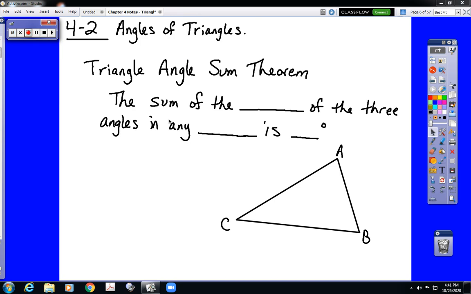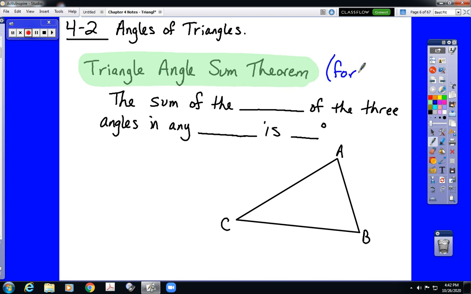Okay, ladies and gentlemen, welcome to the video notes for Chapter 4, Section 2, entitled Angles of Triangles. It's referring more specifically to one specific theorem, which is an extremely important geometry theorem, the triangle angle sum theorem. The angle sum theorem itself can actually be expanded out to cover other polygons, but this theorem is specific to triangles, three-sided polygons. We're going to expand this theorem out later on to cover all polygons, but for now we're only focused